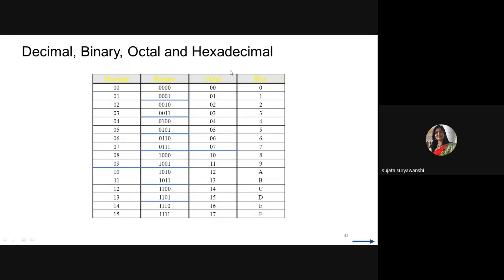And here, in case of hex numbers, all the values are distinct from 0 to 15. Only the symbols are changed. 10 is represented by capital A and 15 can be represented by capital F in case of hex. So you can easily find out any number, and you can easily represent any octal number. Suppose 25 is there and you need to...